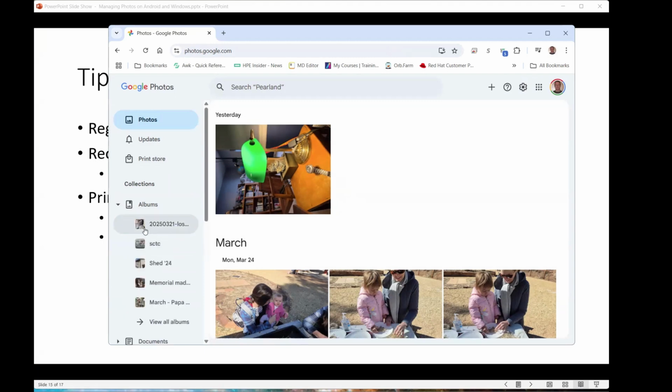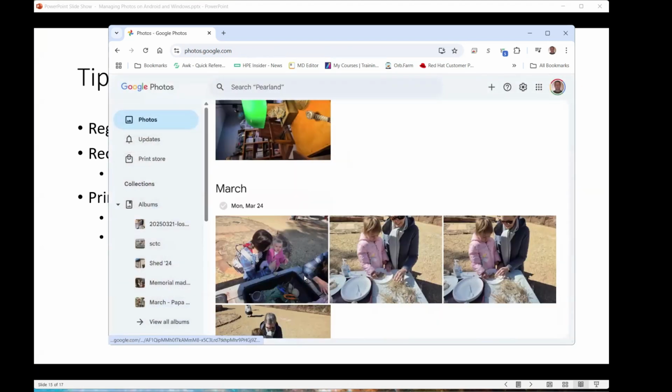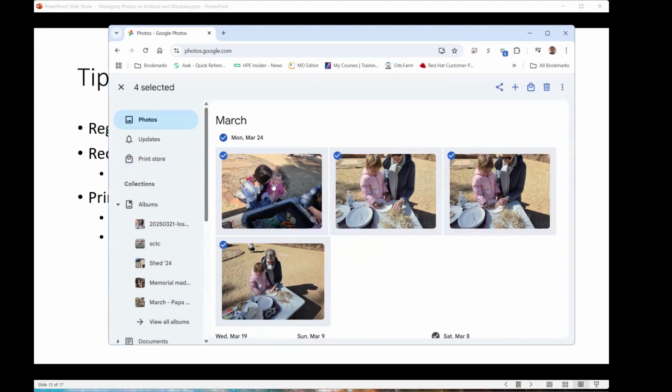So what I've done here for our session is I created an album, and when you move images to an album with Google Photos, it doesn't actually move them. It creates a link that displays the images in the album. So in this case, what I had done is, yeah, here you can see what I marked all these